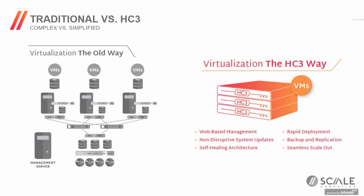Self-healing architecture is really important for everybody, but especially in these video environments where you don't have access to IT personnel or expertise. We don't get a lot into edge computing in this presentation, but one of the big drivers of video surveillance is in these remote edge locations. Retailers that have tens, hundreds, or thousands of stores that don't have IT people but have critical IT needs, including video surveillance, just as an example. So it's a self-healing architecture that's designed to let things fail, compute around them, and keep the critical applications up and running without requiring